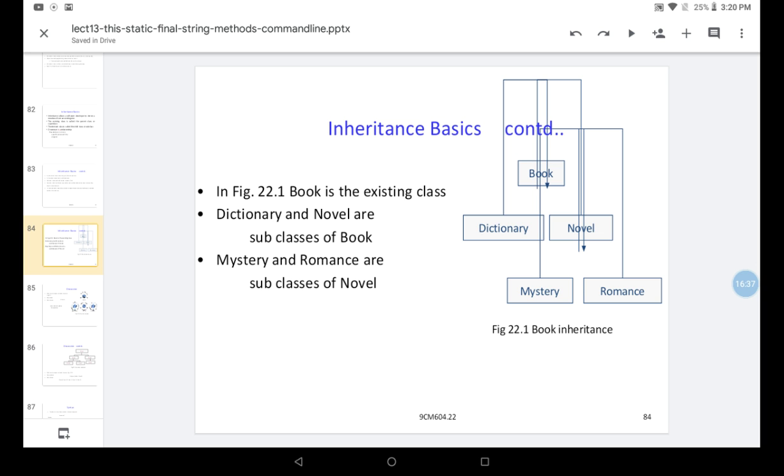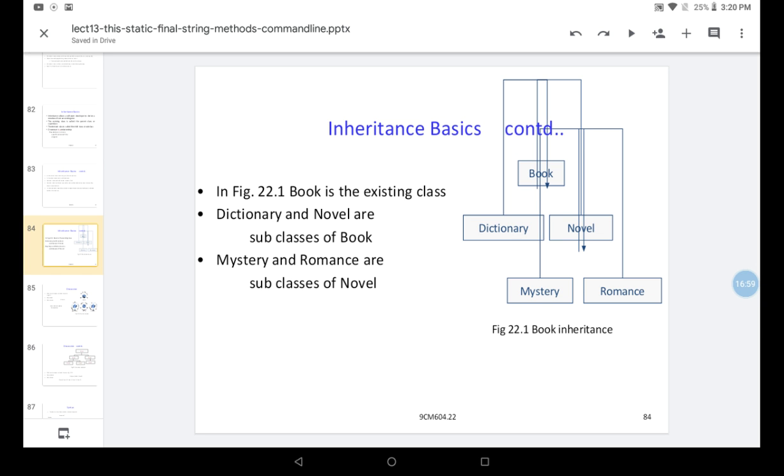Let's see an example, a book example, as we all know about books. If you take a class Book, there are two types: dictionary, which is a book, and novel, which is also a book.